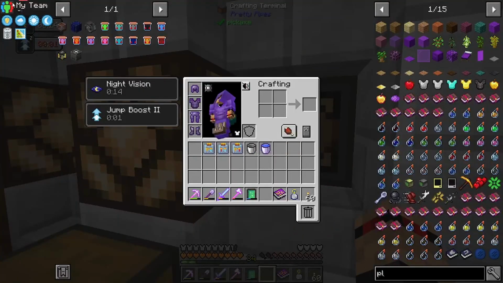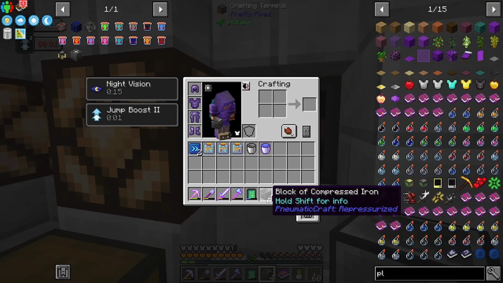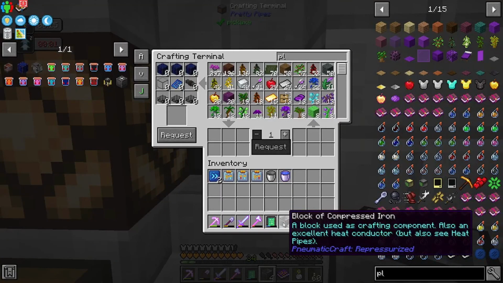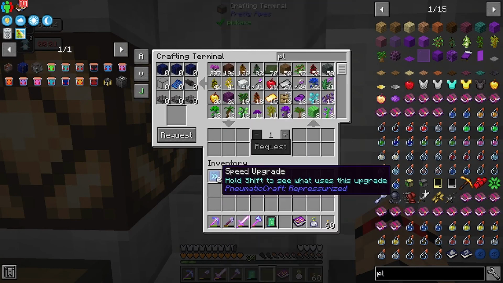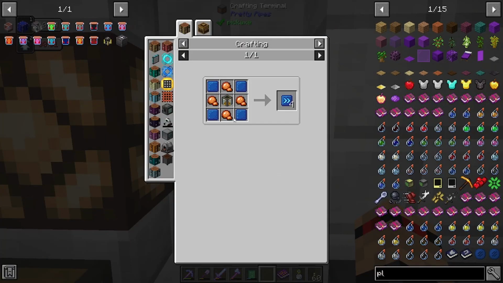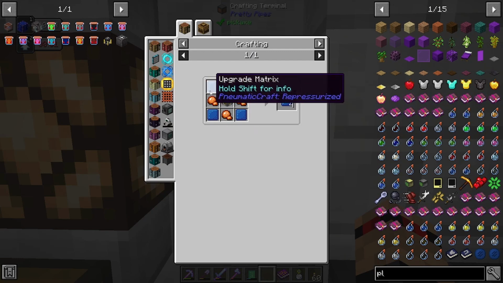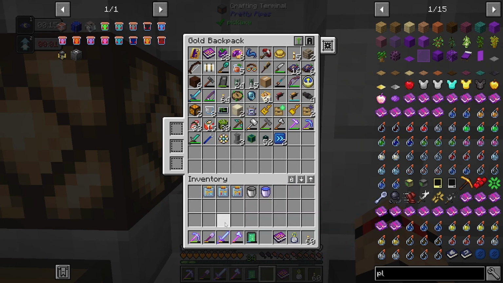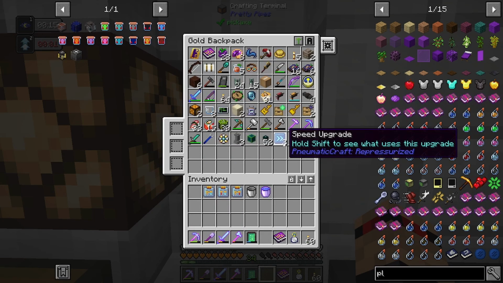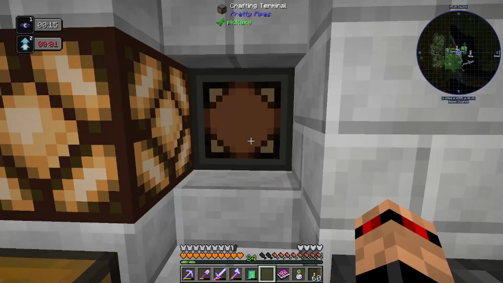Bye, because we don't need you. What is next? What do we get from that? Compressed iron, brilliant. And some more speed upgrades, brilliant. It's actually really good. A little bit of a pain to make because of this lubricant that we need to do. Also, this one. These are a bit of a pain if I remember correctly. Yeah, you have to make this smouldering stuff, so...